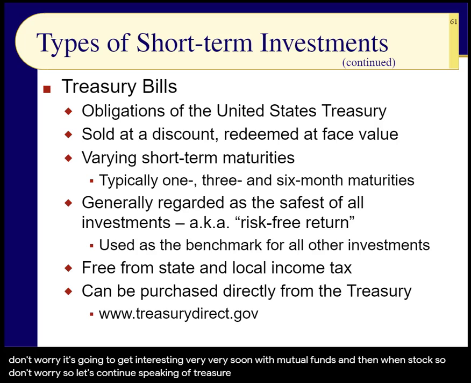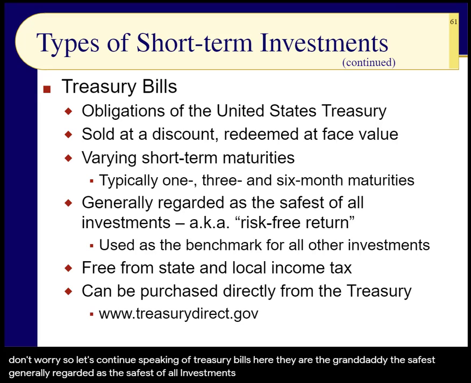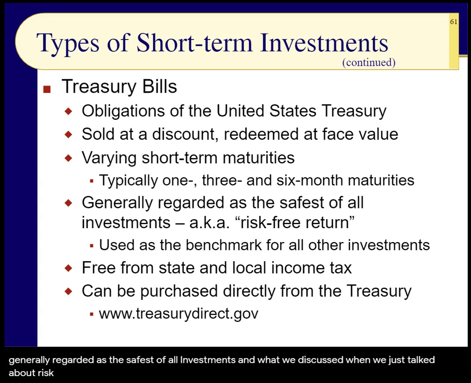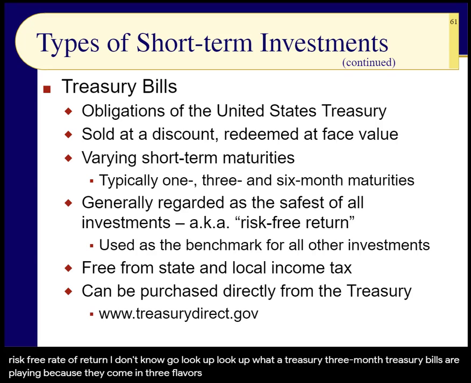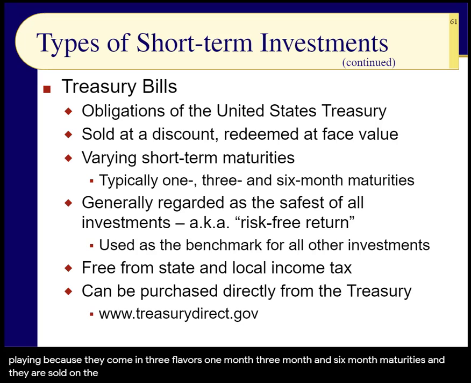Speaking of Treasury bills, here they are. The granddaddy, generally regarded as the safest of all investments, and what we discussed when we just talked about risk versus return, often used as the benchmark for the risk-free rate of return. What's the risk-free rate of return? I don't know. Go look up what 3-month treasury bills are paying, because they come in 3 flavors: 1 month, 3-month, and 6-month maturities. And they are sold on the discount basis. You buy them at a discount and they accrue, A-C-C-R-U-E,